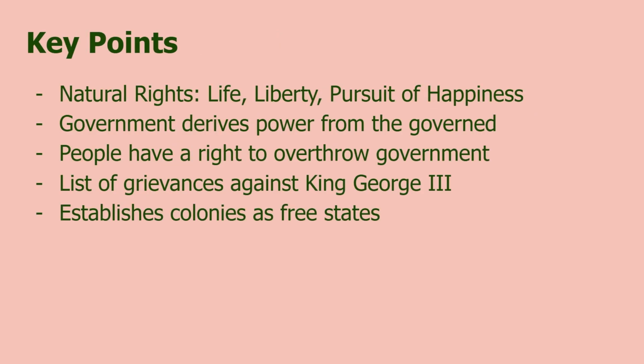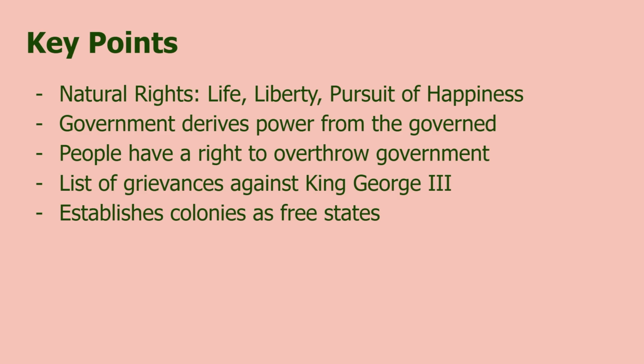So the key points made in the declaration: for one, natural rights. These are the Enlightenment ideals: life, liberty, and the pursuit of happiness. Also the social contract idea that the government derives its power from the governed and it needs to levy power by the consent of the governed. And also, when the government doesn't uphold its duty to govern justly, that people have a right to overthrow the